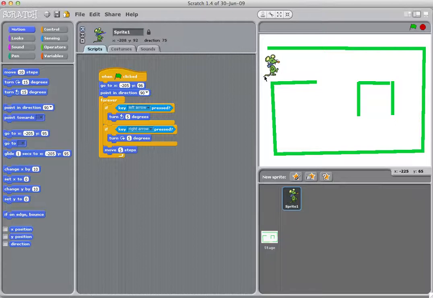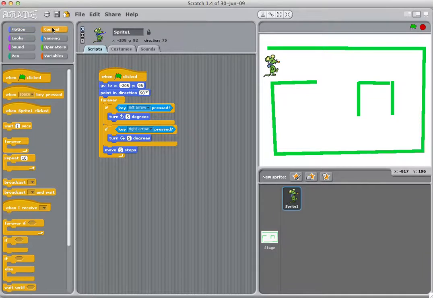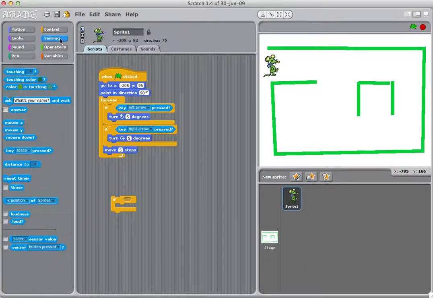Okay, so we want now to make him so that he can't go through the maze. So here's another thing we would like to say. We'd like to say, well, if, and we want him to sense now. We want him to sense that he's touching the maze. So if touching colour,